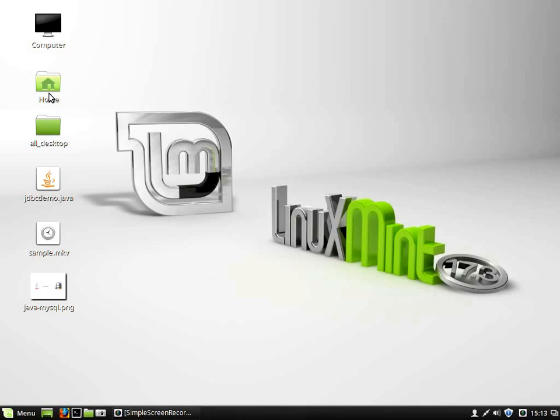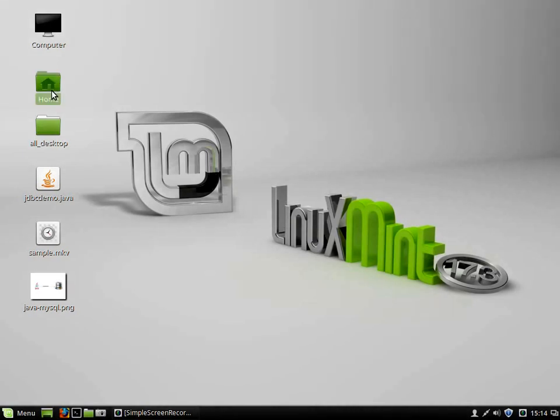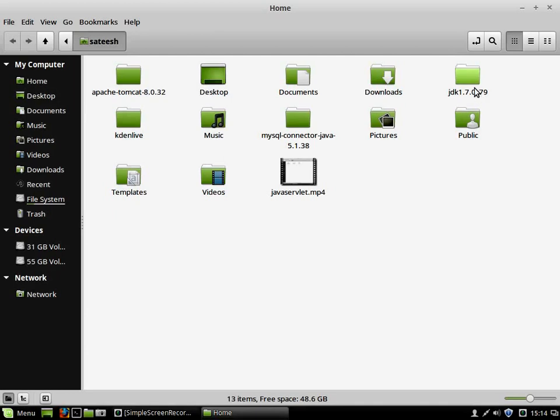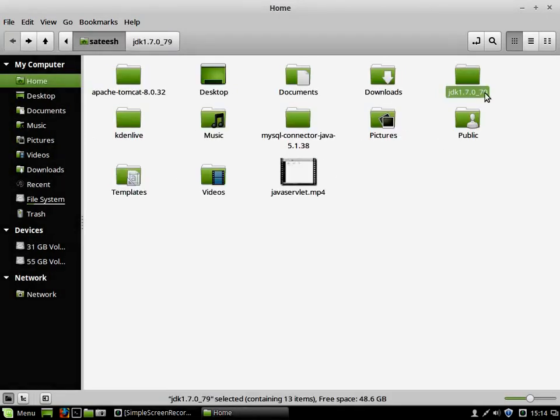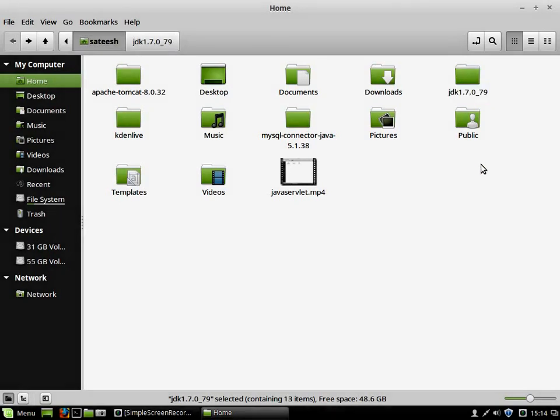To get Java onto the machine, in the case of Ubuntu or Linux Mint, it's quite simple. Open your browser, type download JDK. It can be 1.7 or 1.8. You can download it directly from Oracle's website. When you search for download JDK, you can see that the very first link is from Oracle downloads. You go there and get JDK 1.7 and keep the folder wherever you want. This is the folder that we'll get after downloading Java. So in my case, JDK 1.7 is available.